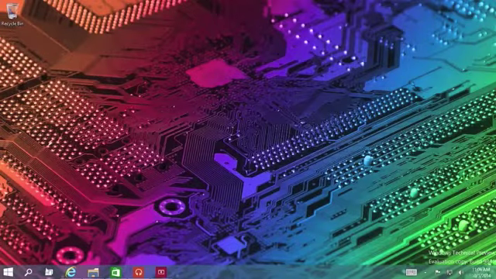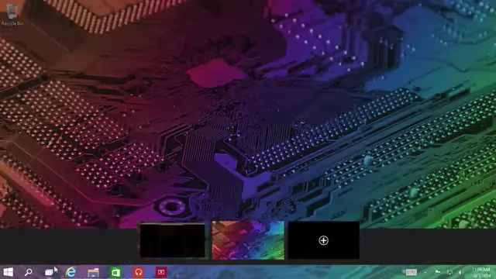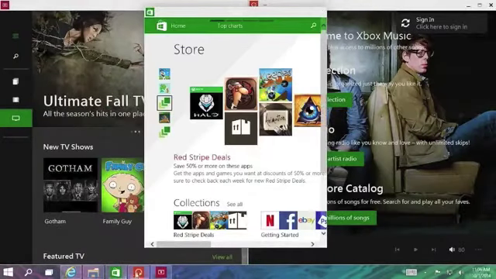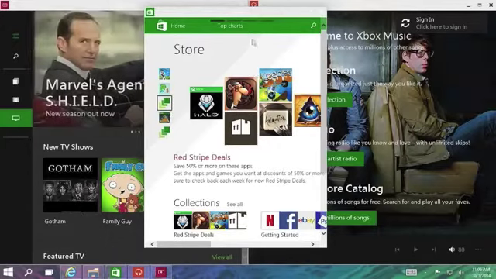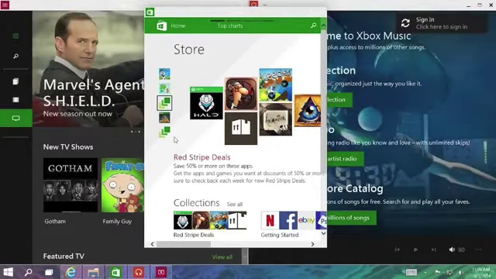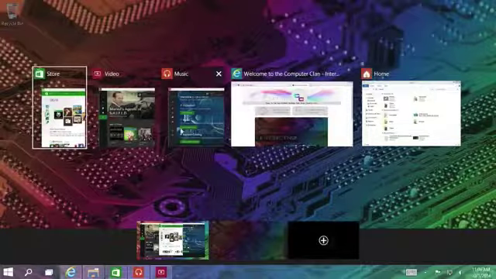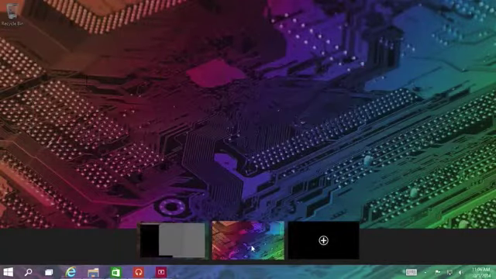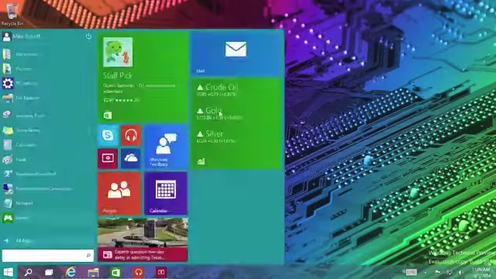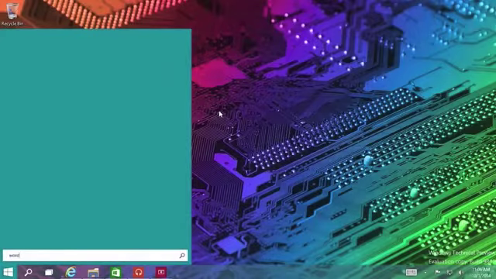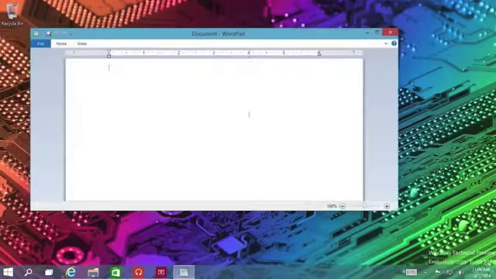If I switch back to another desktop, you will see that the icons change a little bit to indicate that those apps are open on this desktop. But that's nice for multitasking. I can have all of these apps running here and then have separate apps running just on this desktop. So if I wanted to open up WordPad, I could then do that and work on a document just on